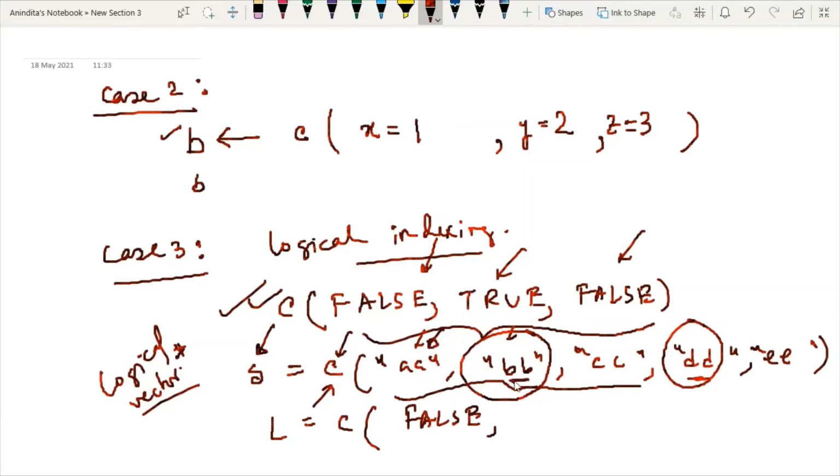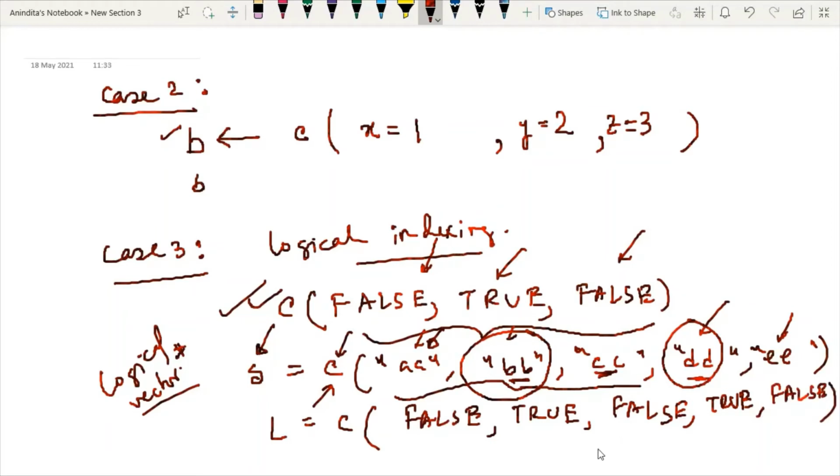Then I want to access this component, so I write true, and then I don't want to access the third component, so I write false. Then I want to access the fourth component, so I write true, and then I don't want to access the last element, so I write false.